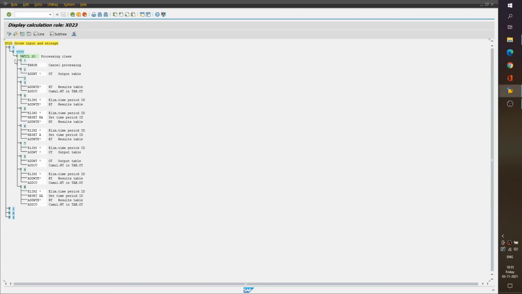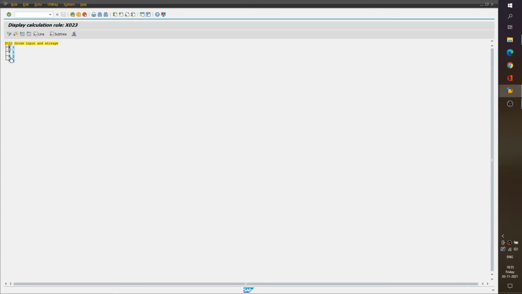If I go here and see ESG for PCR 3, inside this it is again querying for processing class 20, and if the value is 1, then what should happen? If the value is 3, then what should happen? If the value is 4, then what should happen?